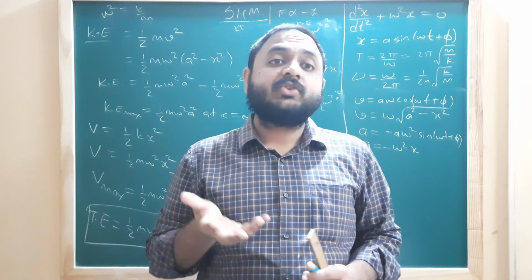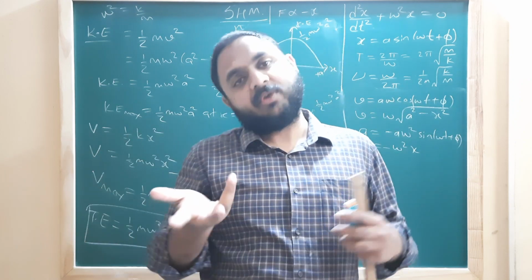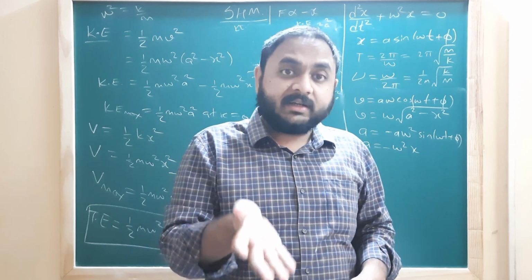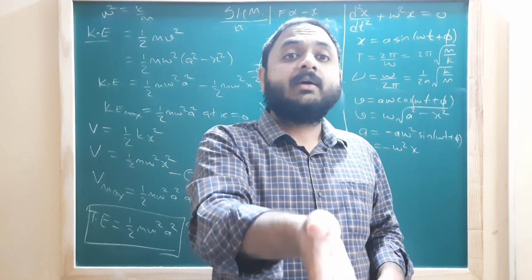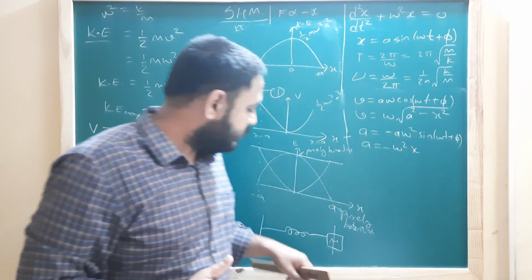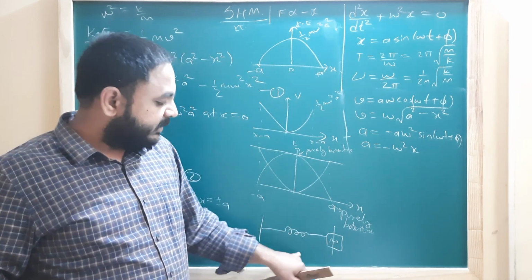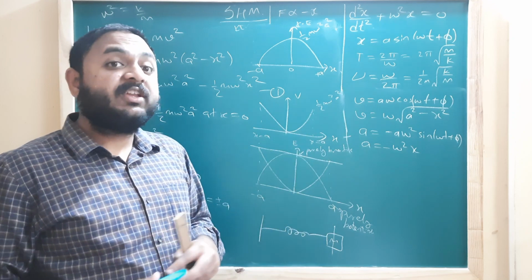Why? Because it is not using that energy anywhere. वो energy वैसे के वैसे ही है, वो खर्च ही नहीं हो रही. It will only use its energy if it has to overcome some opposition, and there is no opposition here. This is a frictionless surface and there is no air. I have kept it in vacuum. So these are called free oscillations.